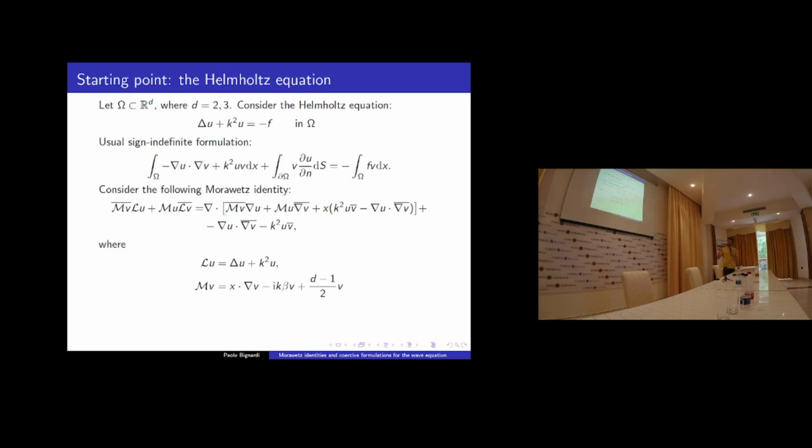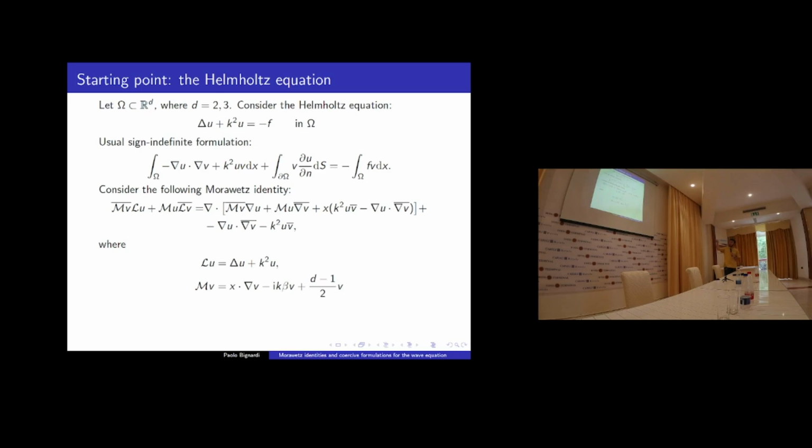we can start by looking at the Helmholtz equation. Now, for the Helmholtz equation in dimension 2 and 3, it is possible to construct a continuous and coercive formulation. If we start from the usual sign-indefinite formulation, where you multiply by a test function and integrate by parts, and instead of that identity we use this identity here, just the Morawetz identity, which one can prove is verified,